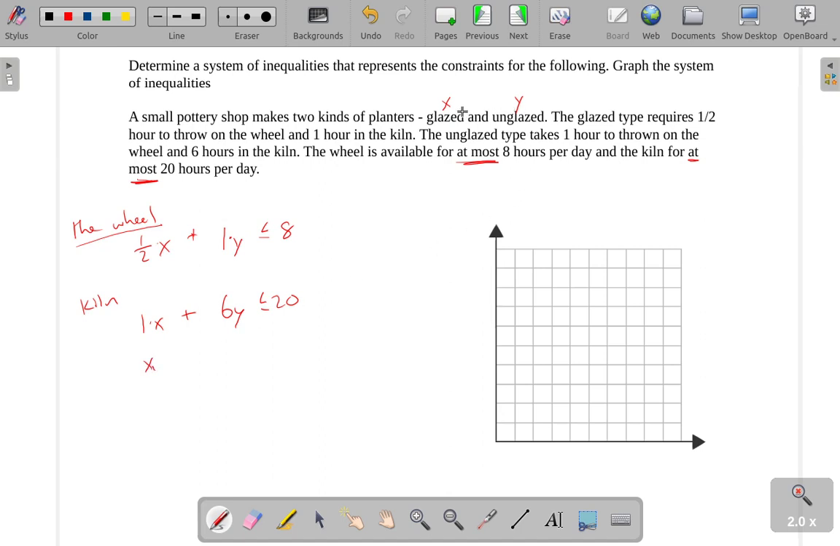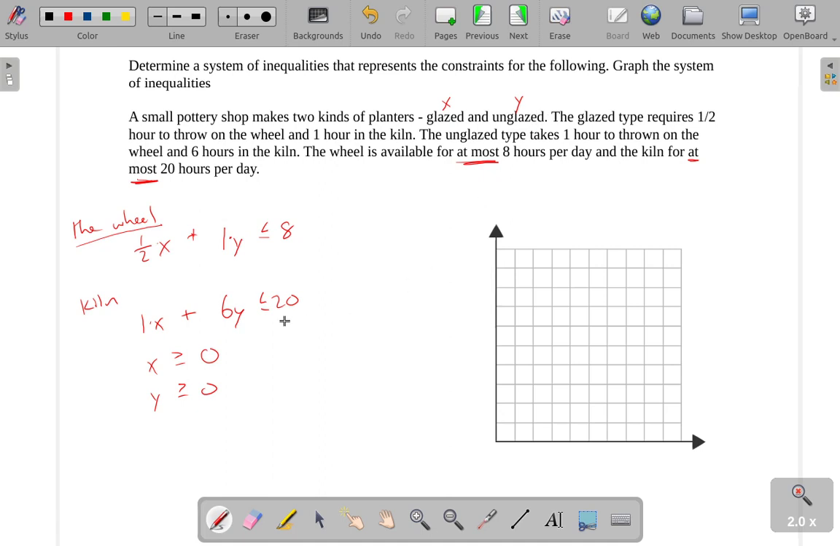And I'll put it to you this way. Is it possible to make a negative number of glazed planters? Well, of course not. I can't make a negative number of them. Would it be possible to make 0 glazed planters? Well, yeah, I could make 0. So what I'm going to do to express this is say that x must be bigger than or equal to 0. Similarly, y must be bigger than or equal to 0, because I can't make a negative number of unglazed